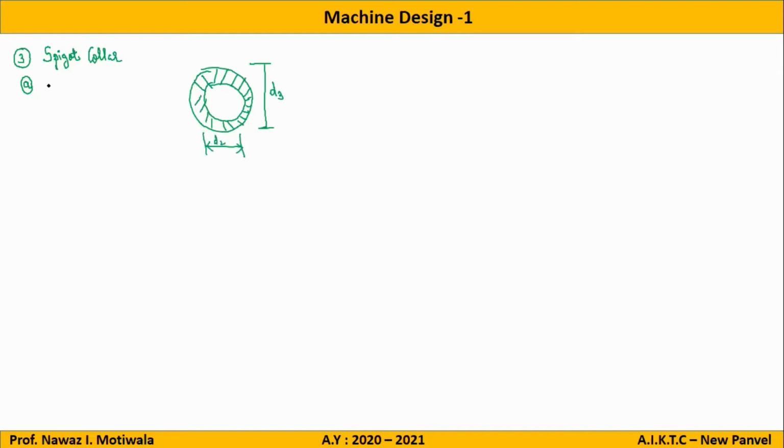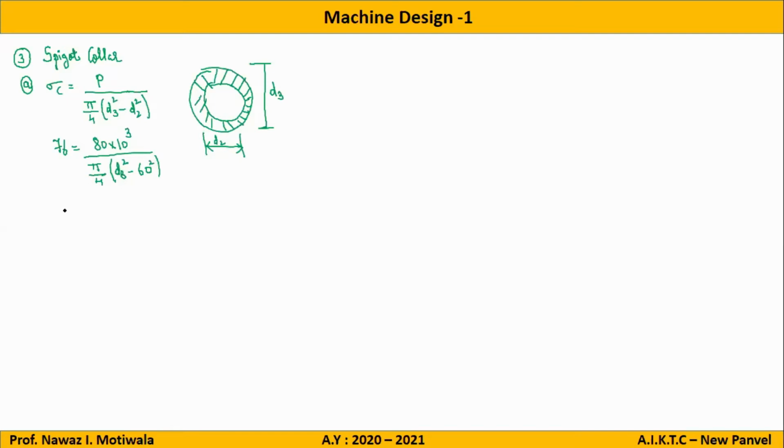So again from the figure you can see, I will write sigma C is equal to P divided by area of this shaded portion. So it will be pi by 4 into (D3 square minus D2 square). So sigma C is known to me as 76, P is 80. So 76 is equal to 80 into 10 raised to 3 divided by pi by 4 into (D3 square minus D2 square). What was D2? 60. Is it correct? Yes, 60. Okay.